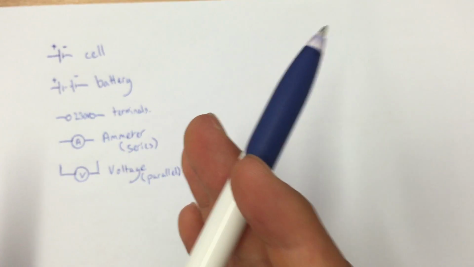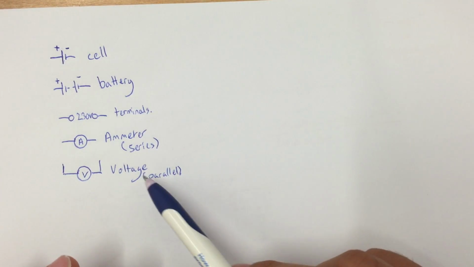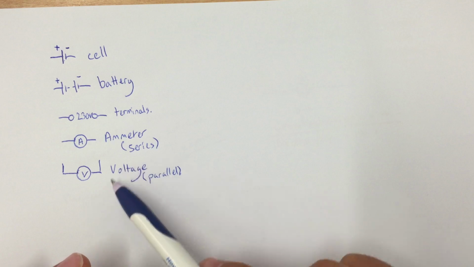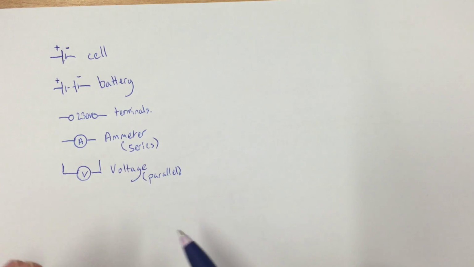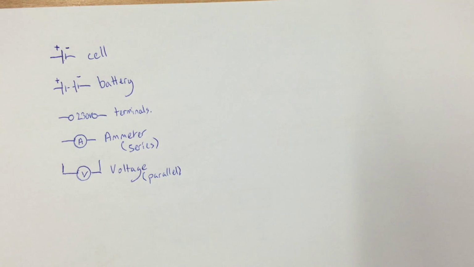And obviously the current uses up some of its energy, or transfers its energy to the bulb in order for the bulb to light. So in comparison, you want to think of a voltage as more like two people standing at two points on a running race. One person is measuring how much energy the runner has at the start, and one person is measuring how much energy the runner has at the end, to think about how much energy has been transferred. And so that's the role that voltage plays, and that's why it's connected in